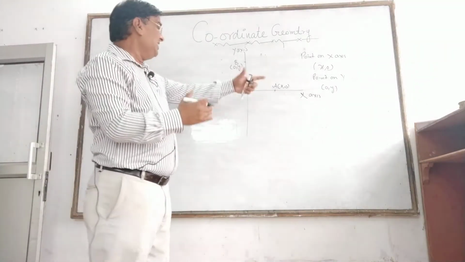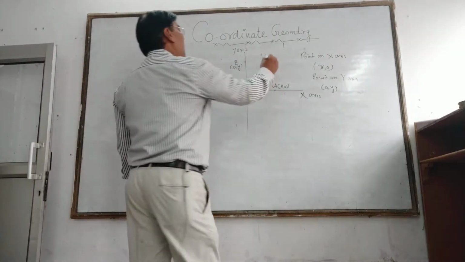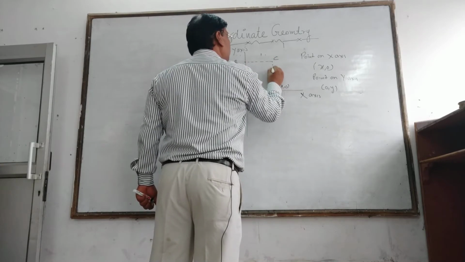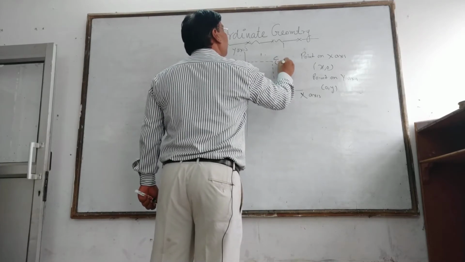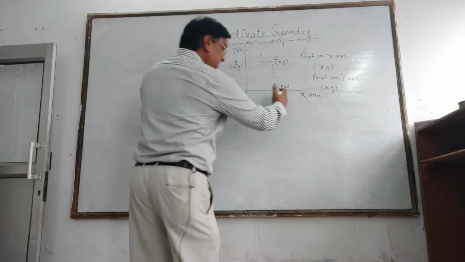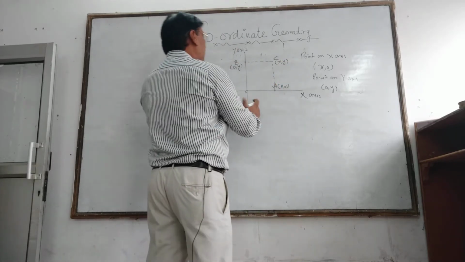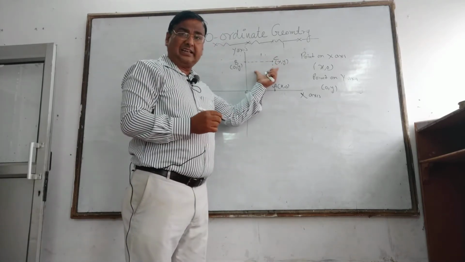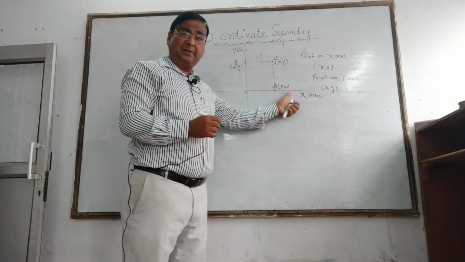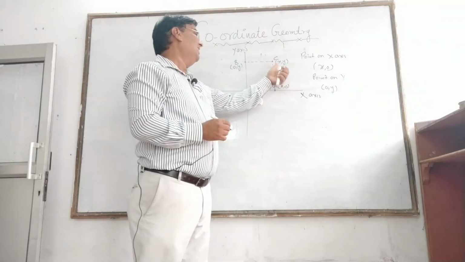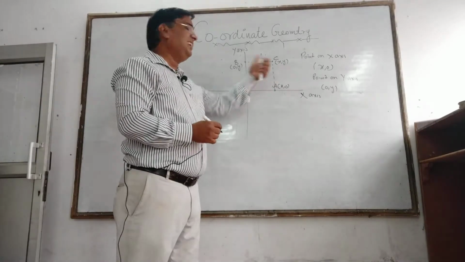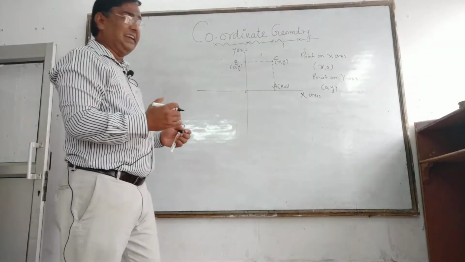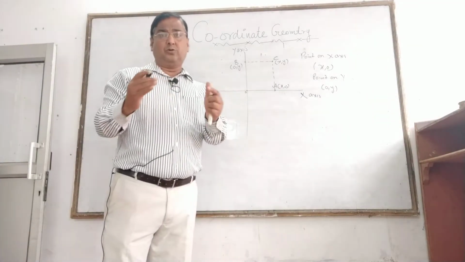And if the point is between the x-axis and the y-axis, point C here, it is denoted as (x, y). So for point C, the distance along the x-axis is x and along the y-axis is y. So the coordinate of the point C you want to locate in the plane is (x, y). You already studied this in class 9. And what you have to do now is find the distance between two points.